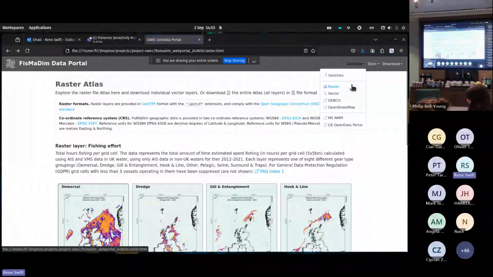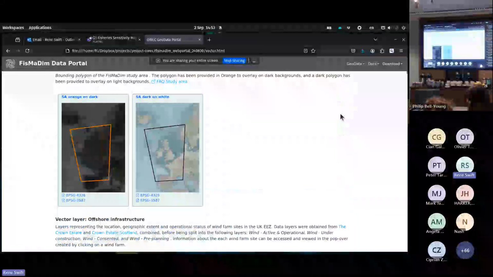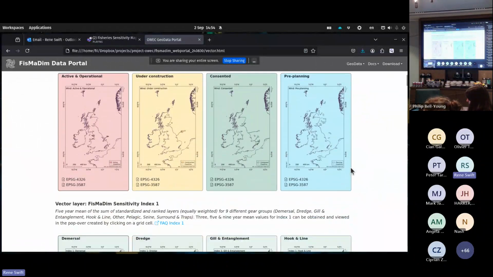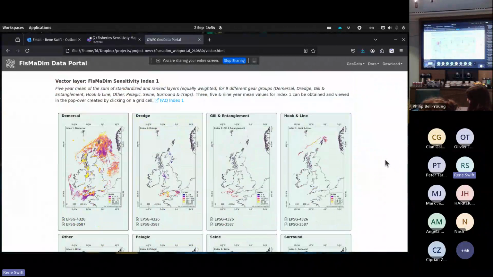For work package 3 output, we have a similar tiled layout for each of the different vector layers. There will be one for the study area, one for each of the different wind farm sites, active and operational, etc. And then one for each of the different sensitivities indices for each of the different fisheries.